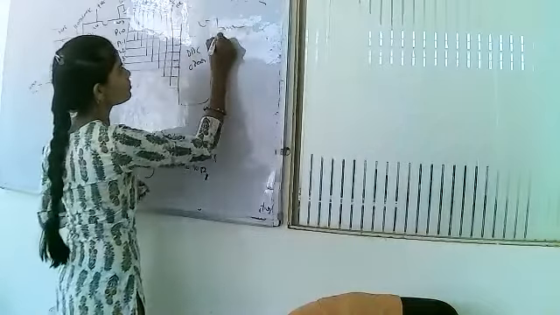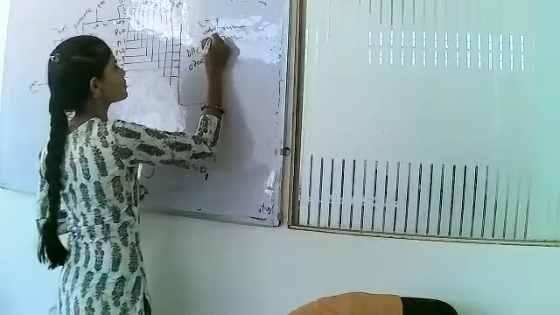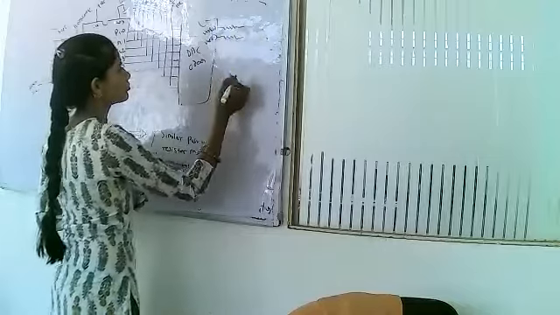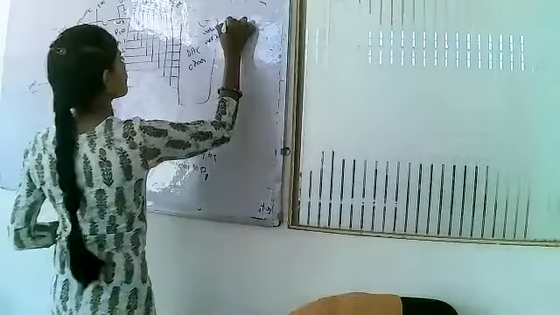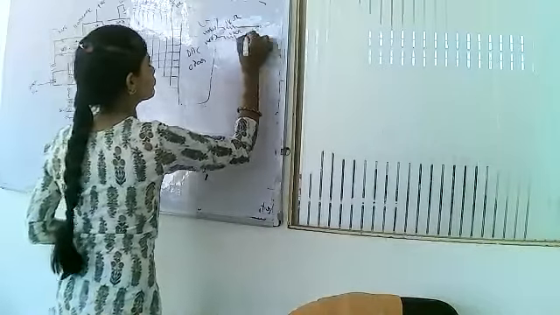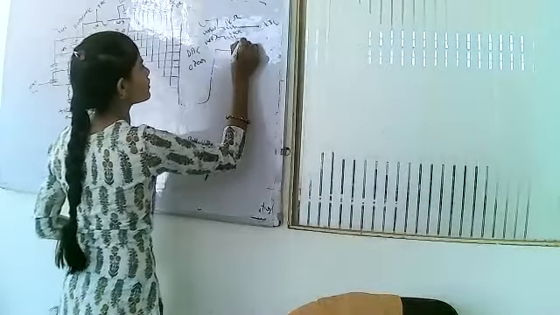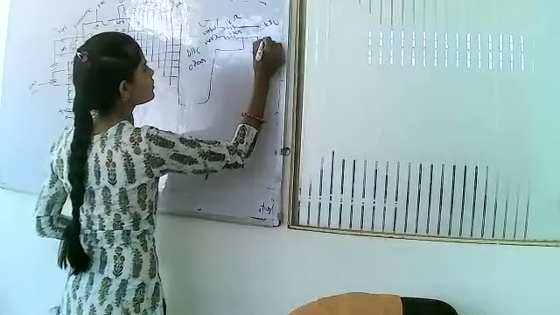Then we see that the DAC has V reference plus and V reference minus, meaning positive as well as negative reference voltage. These are connected to 1 kilo ohm and 1.5 kilo ohm resistors. One is connected to plus 5 volt and the other is connected to ground.